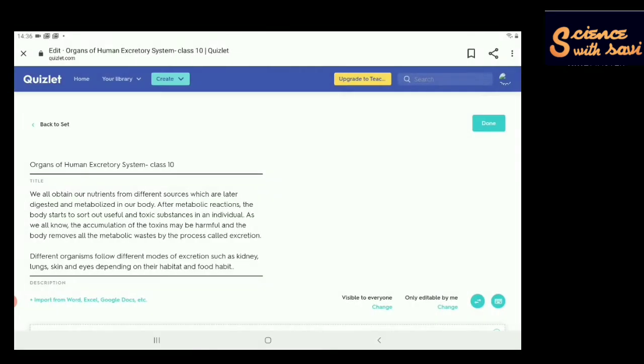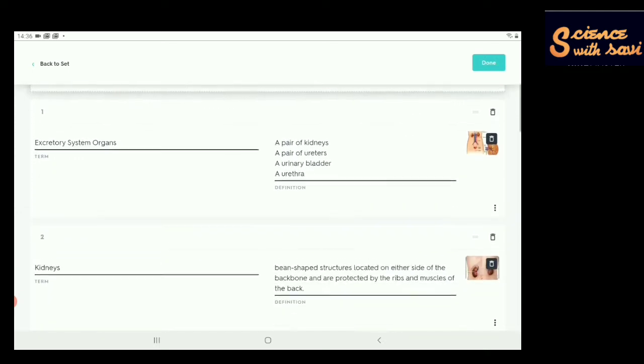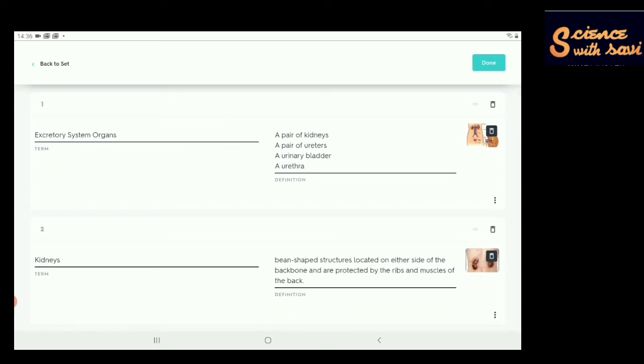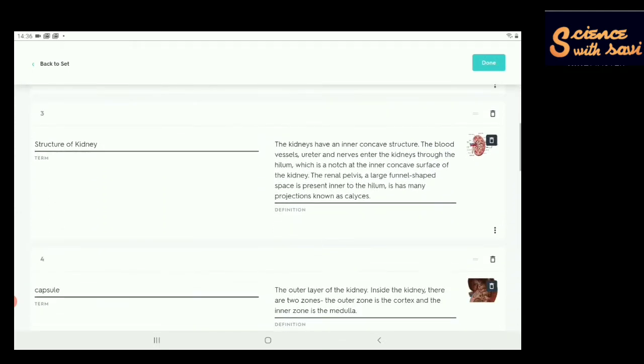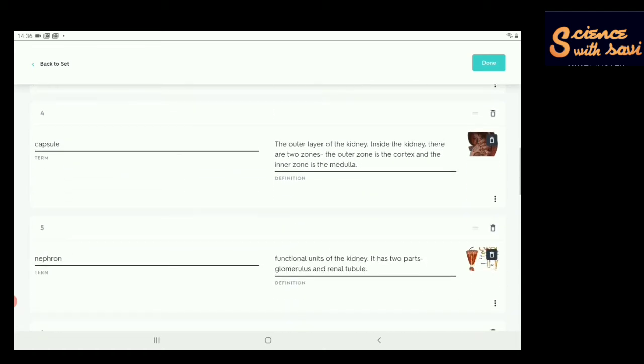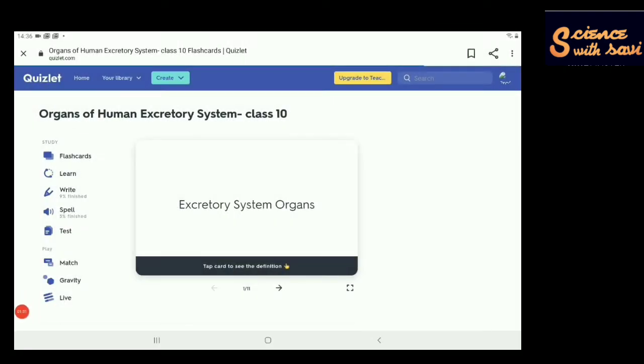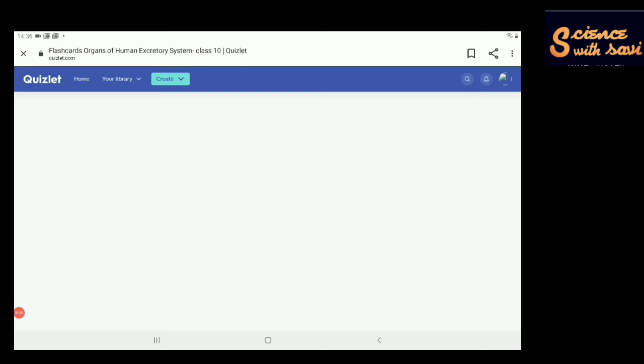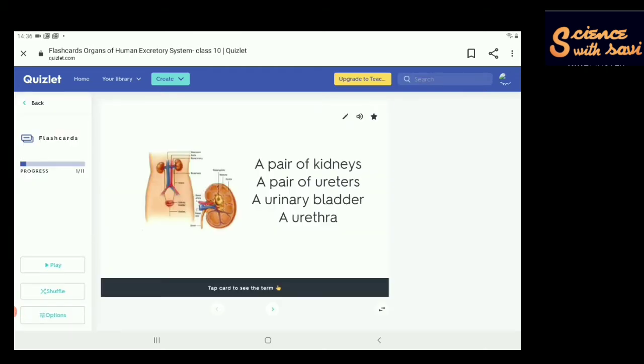You will see the topic, you will see the description, and you will see here how I have entered the terms and their definitions. I have also added pictures. There are all options here. Now let's see how the child is going to view the Quizlet. So the child will see the Quizlet study set in this form, and the first option is the flashcard. So I have gone into the flashcard option, and you will see, start looking at the flashcards.